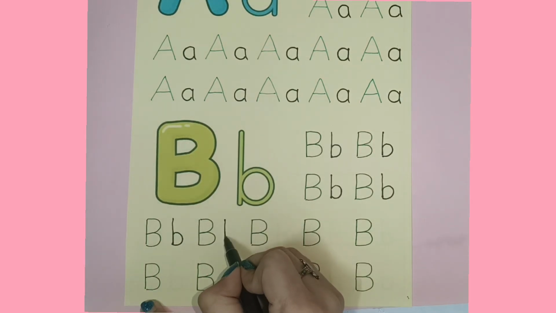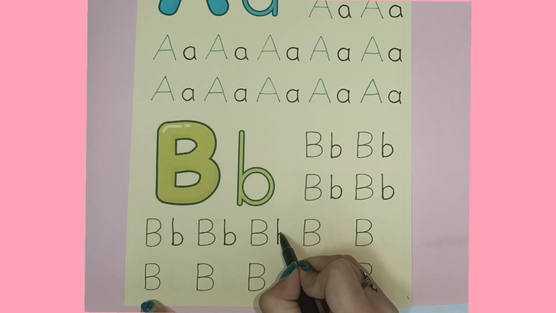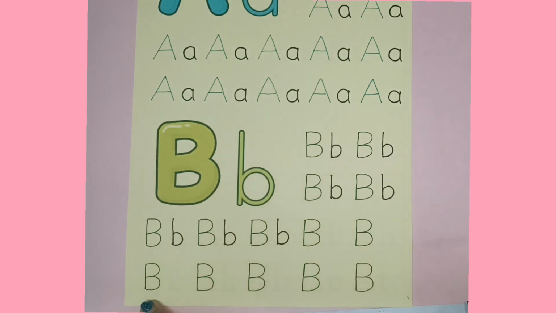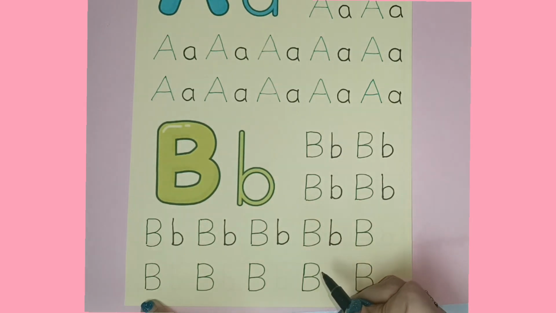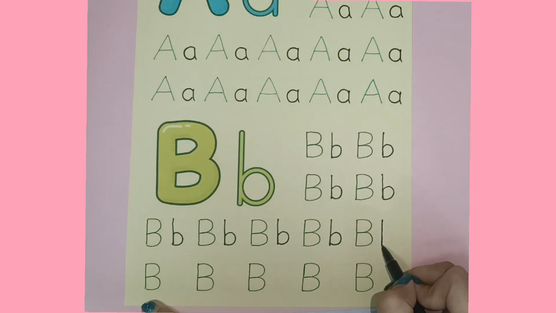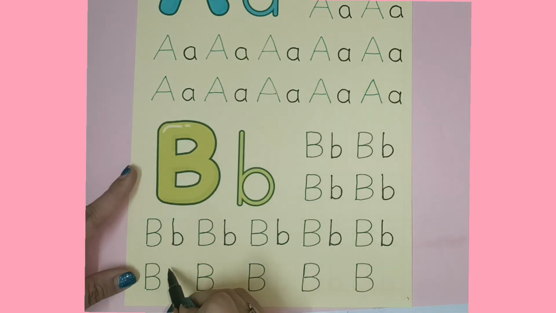One circle. One and one circle. In capital B, we made one and two circle, and in lowercase b, we'll be writing